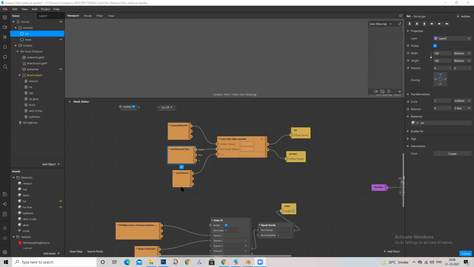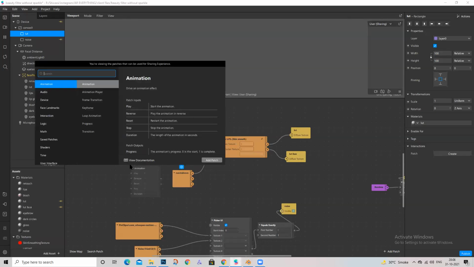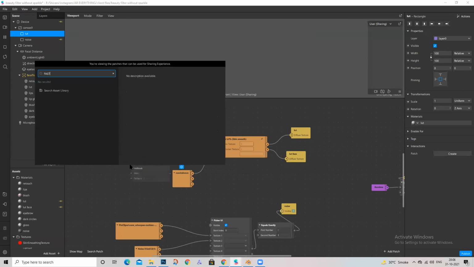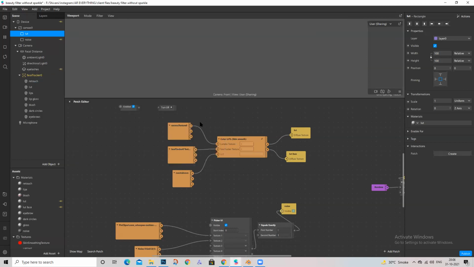Ma'am, I used the first color LUT patch. And did you connect the fast color with the camera texture? Yes, camera texture and LUT color patch.